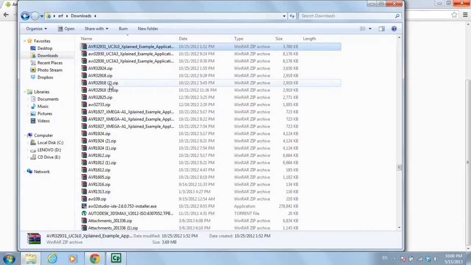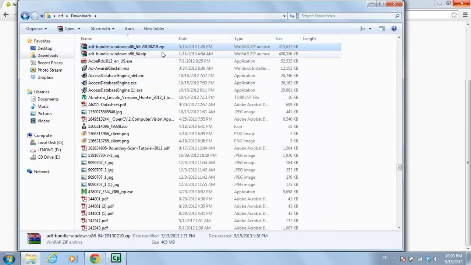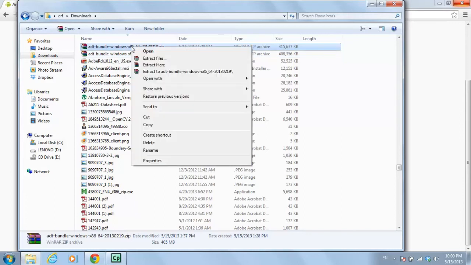Download ADT bundle. I have the older one and the newer one. I download this one today. You see the date, so I want to do something with this one. You see it's a zip file, so I want to open this one. I just right click on it and I write extract